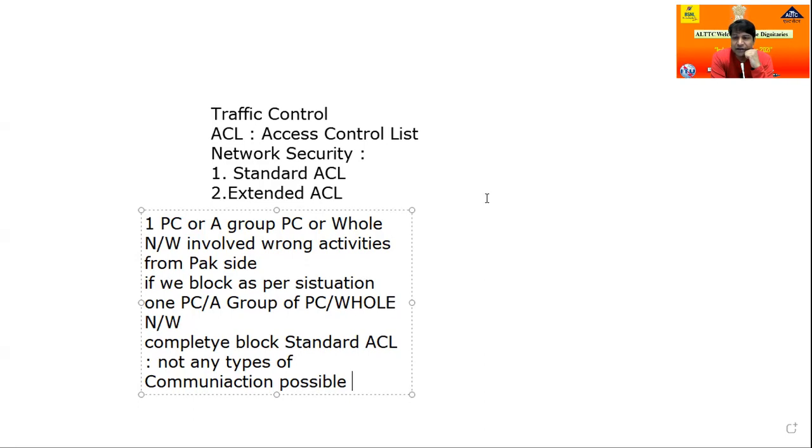In standard ACL, it is completely in your hands. As per the ITU, the International Telecommunication Union, just like UNESCO and other world organizations, the whole world of internet and communication is managed by the ITU. The International Telecommunication Union gives very clear instructions that you can block any other country's communication, no problem, but you can't break it. For example, what is the meaning of break?